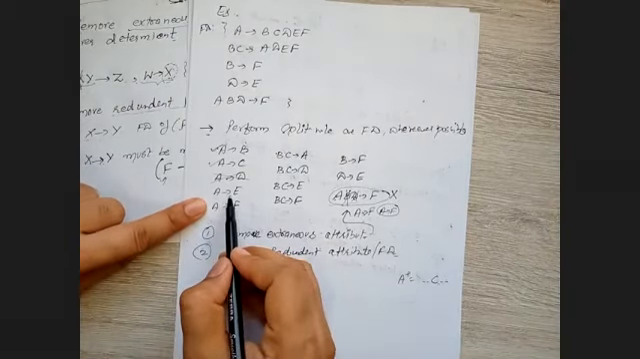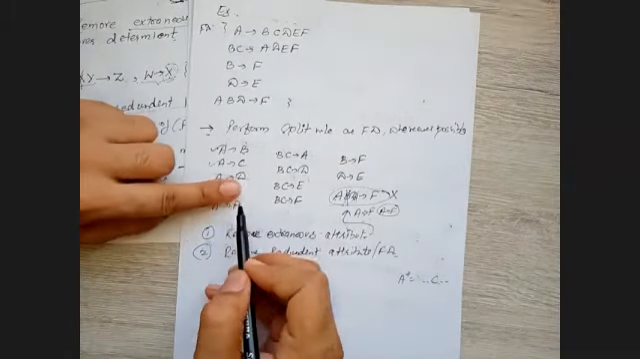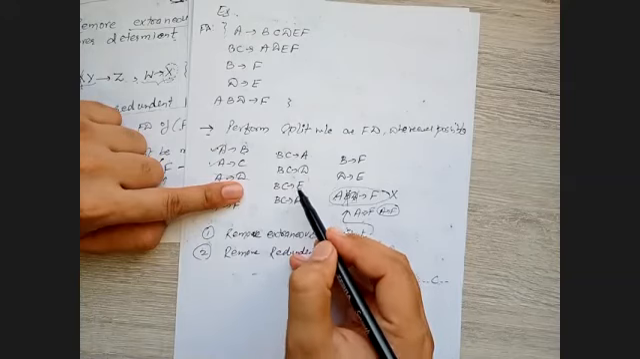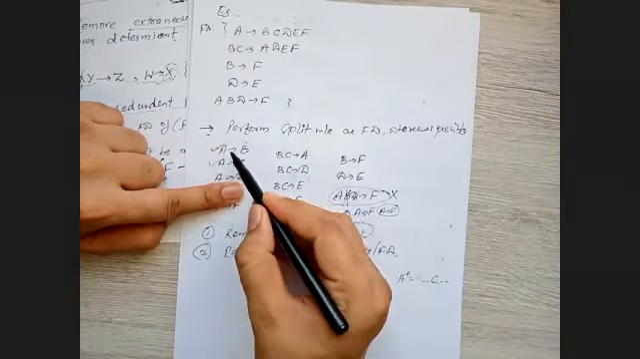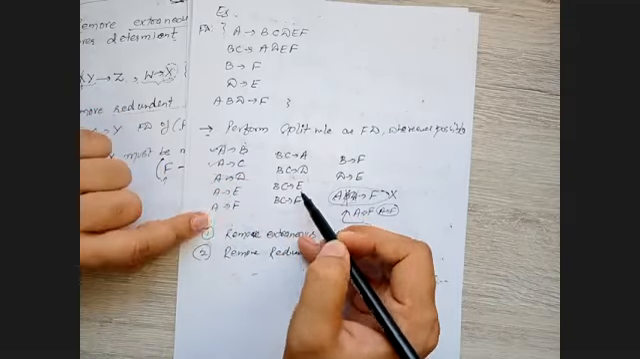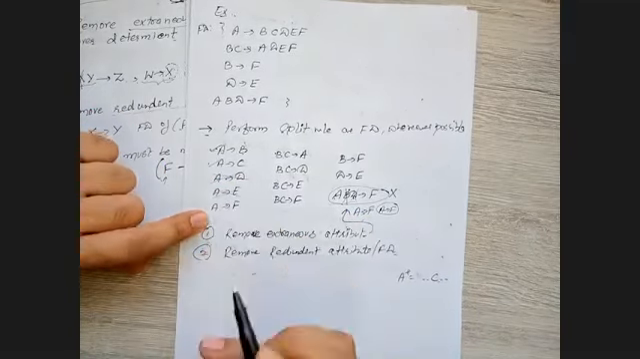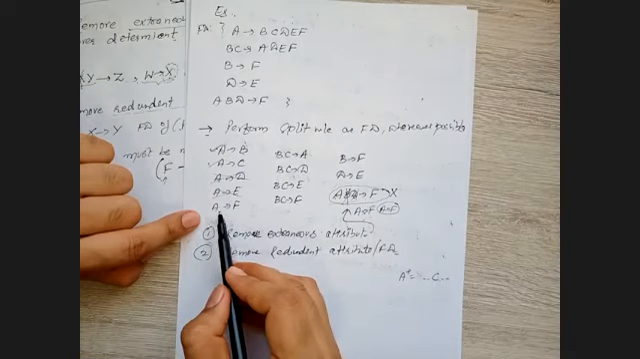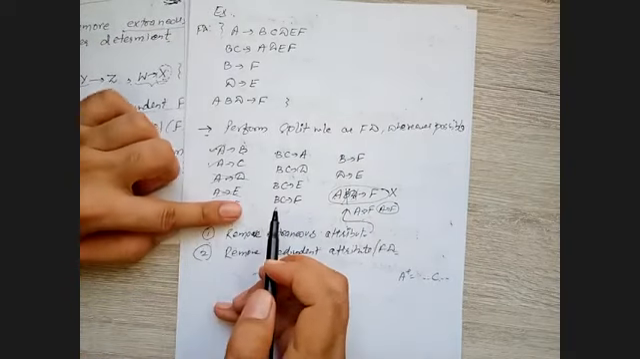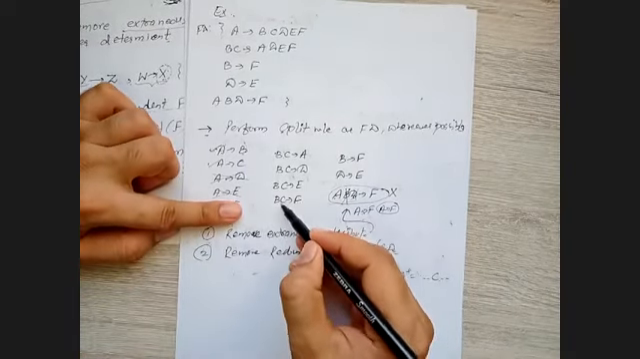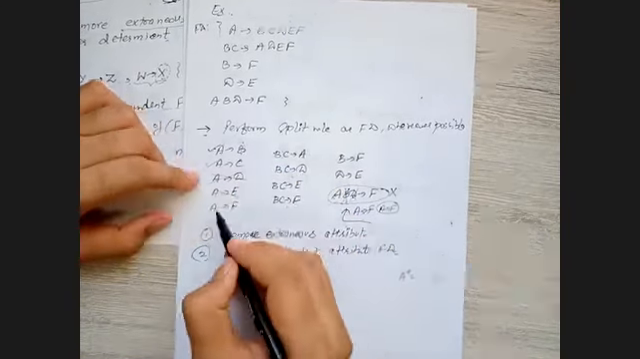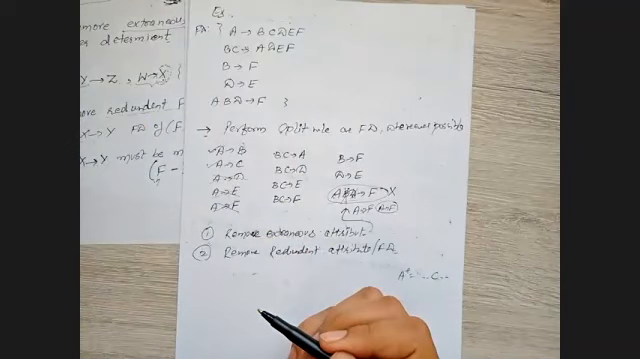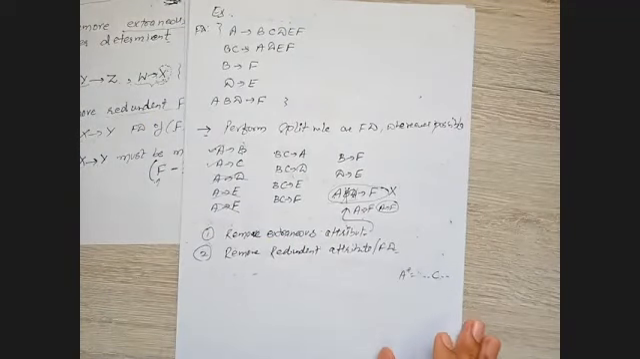Checking for E, A determines E. So if I hide this one, I can get the value of E from BC, and from A I can get BC. So A determines BC and BC determines E. So I can simply eliminate this. Same for A determines F, right? If I hide this one, I can get F from BC and I can get BC from A. Hence, this is redundant, right? So this is a very fast and quick way you can